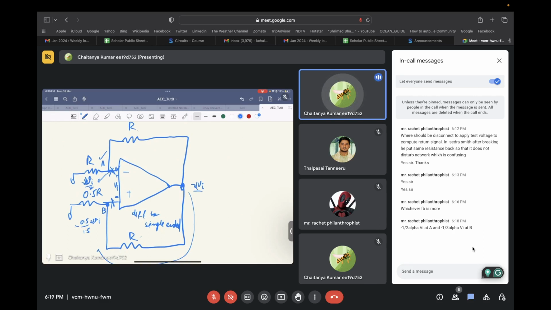In this case, it happens to be node A, which is correctly connected to the negative terminal. So my point is that you will keep on encountering these kinds of circuits with op amp in negative feedback across your